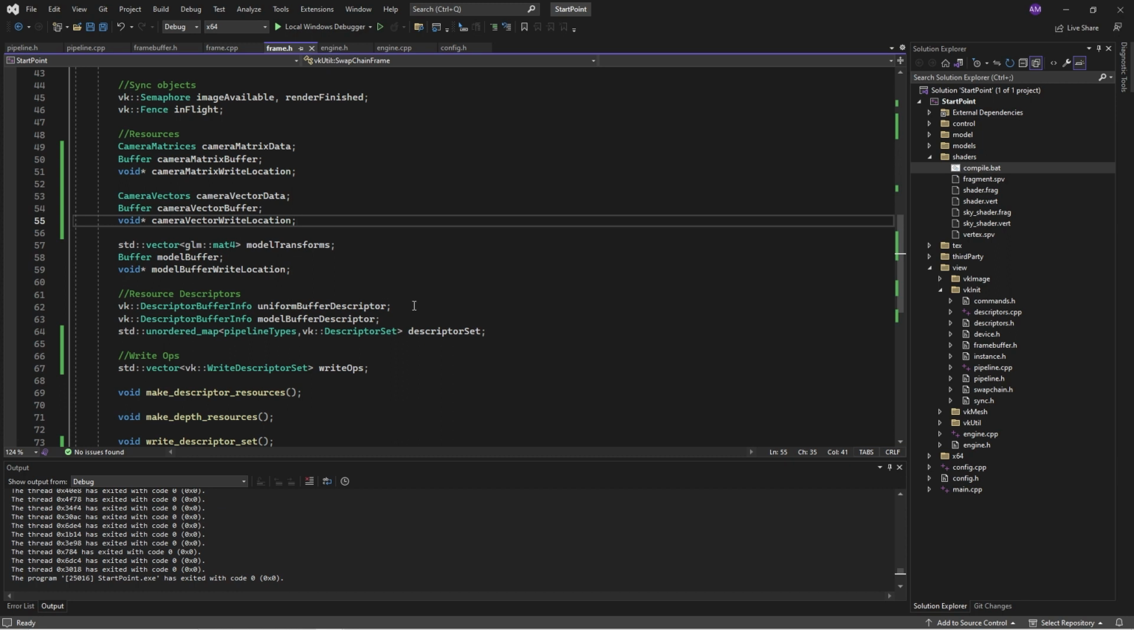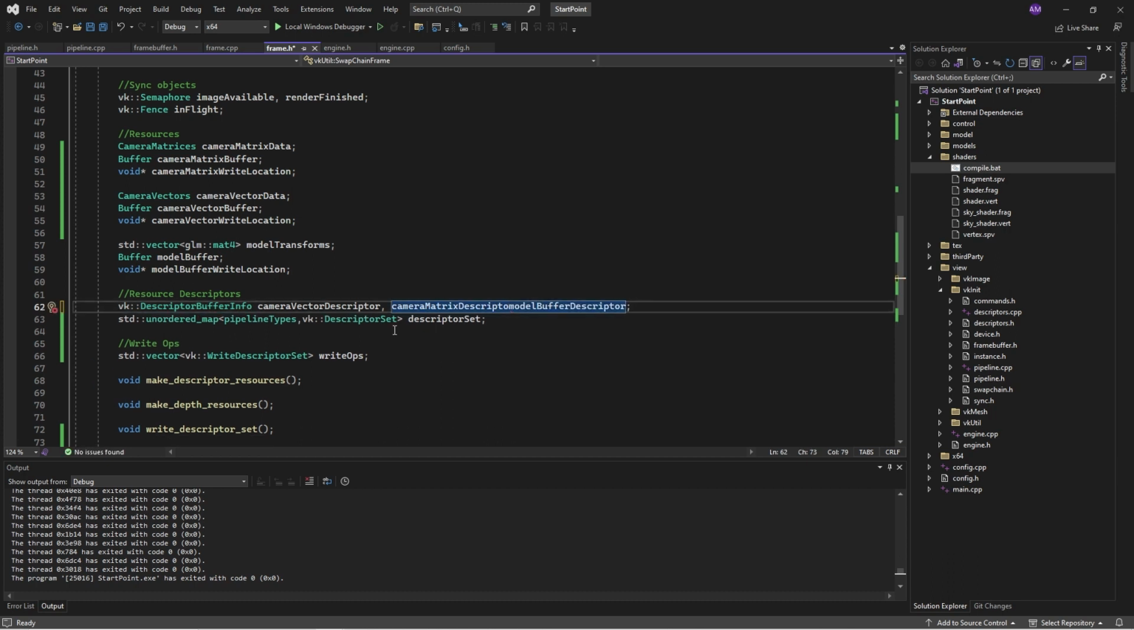Okay. So now I'm going to have a whole bunch of different descriptors down here, and I'm going to start doing this in order of how the data is sent. So I'll have camera vector descriptor, just like that. Okay, so those are the three descriptors for the three resources, and then we have a bunch of different